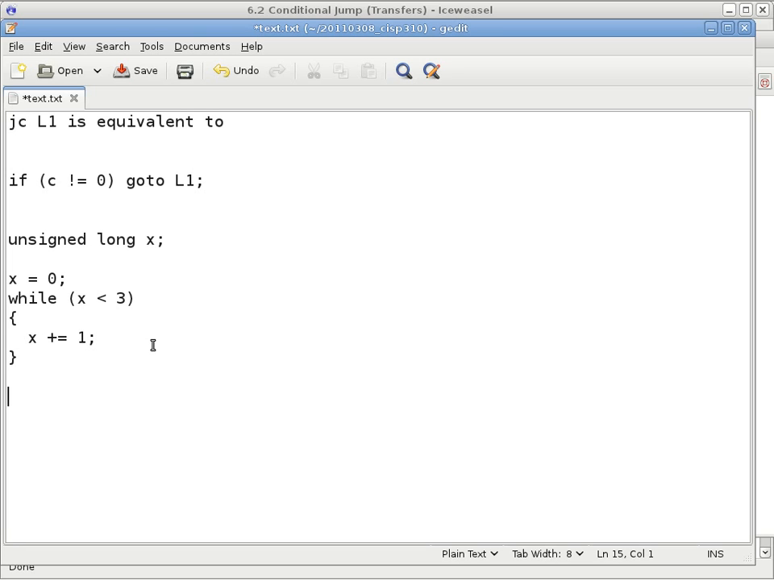I don't want to do it 3 times, because the comparison here may compare to y, then I cannot know ahead of time how many times I want to do it. So I still want to do something like this. How about something like this? If x is greater than or equal to 3, go to a label that I call L1. Otherwise, we perform the operation, which is x plus equal 1,